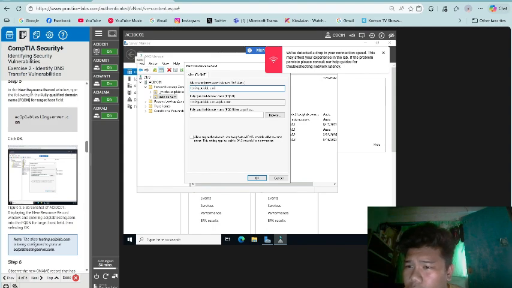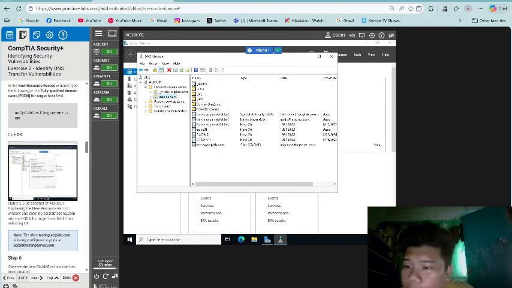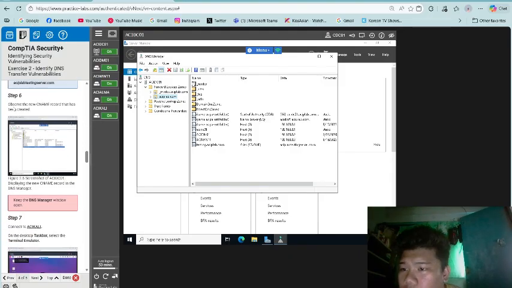Step 5: in the New Resource Record window, type the following in the fully qualified domain name (FQDN) for the target host: aciplabtestingserver.com. Then click OK. Note, the alias testing.aciplab.com is being configured to point at aciplabtestingserver.com. So step 6, observe the new CNAME record that has been created.